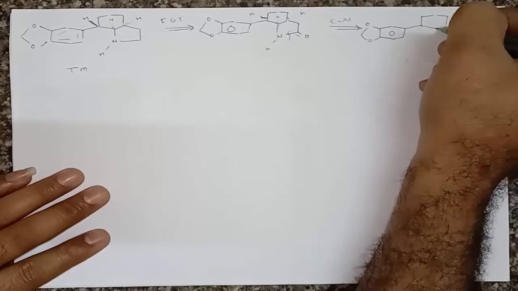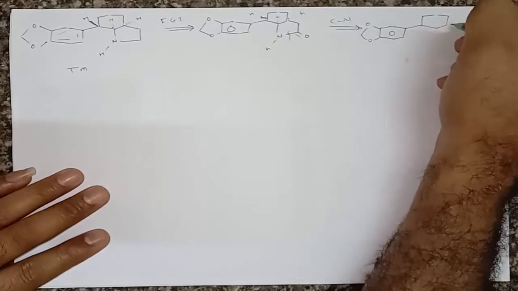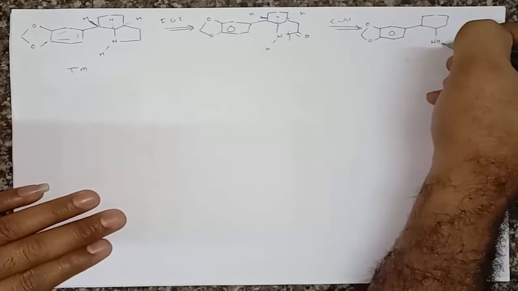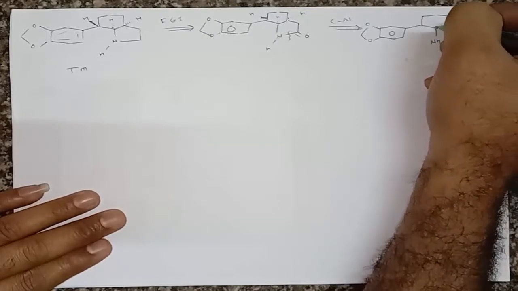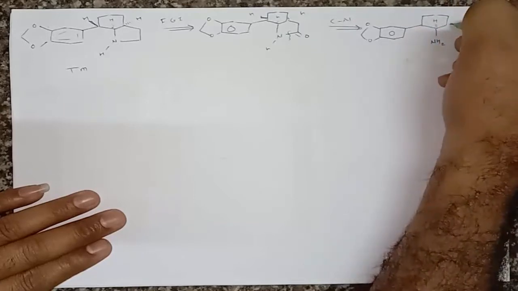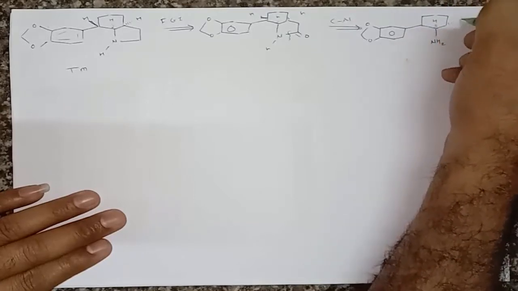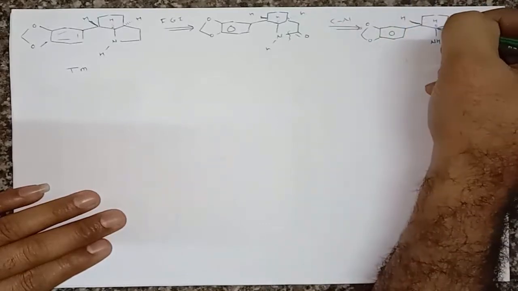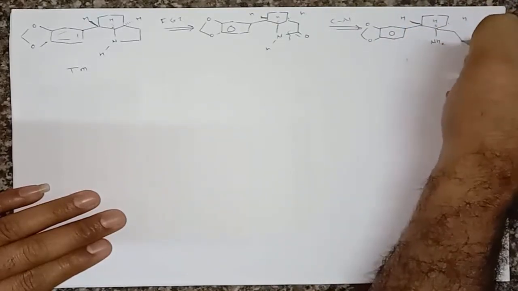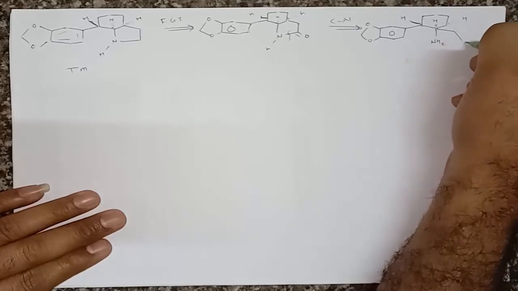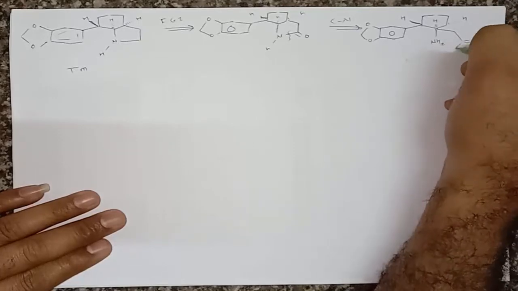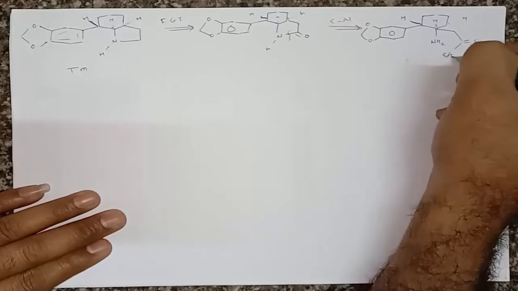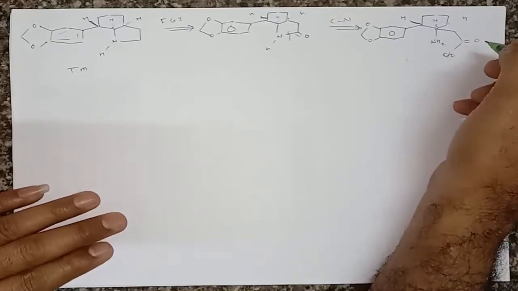molecule which contains a hydrogen here. Here is an NH2 amine, and it has a hydrogen that is backside. Here is also a hydrogen which is backside, and this hydrogen is in front, and then the remaining molecule will be the same here. Here is an ester functional group, and here is COOAT. That means we use the ester group here, right?